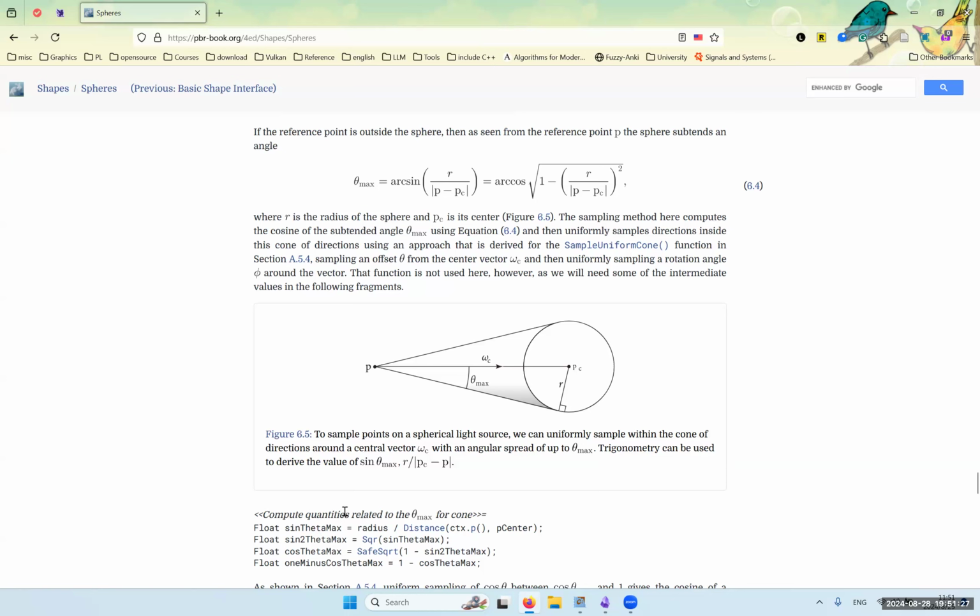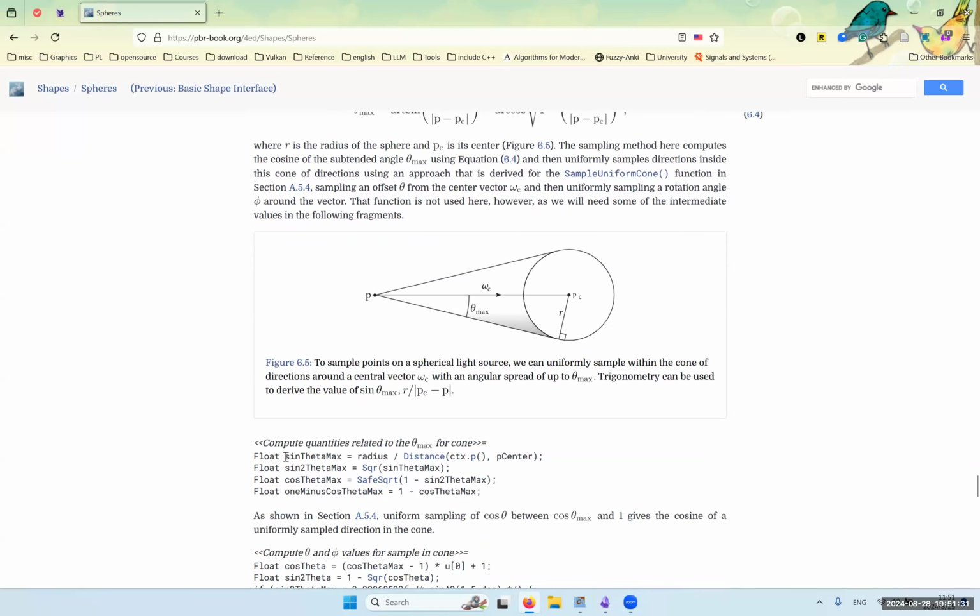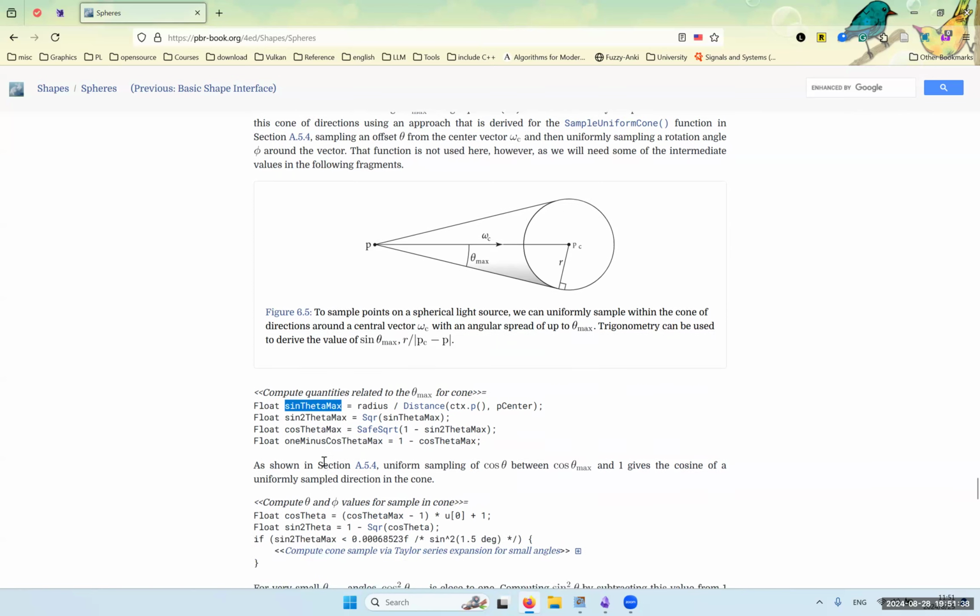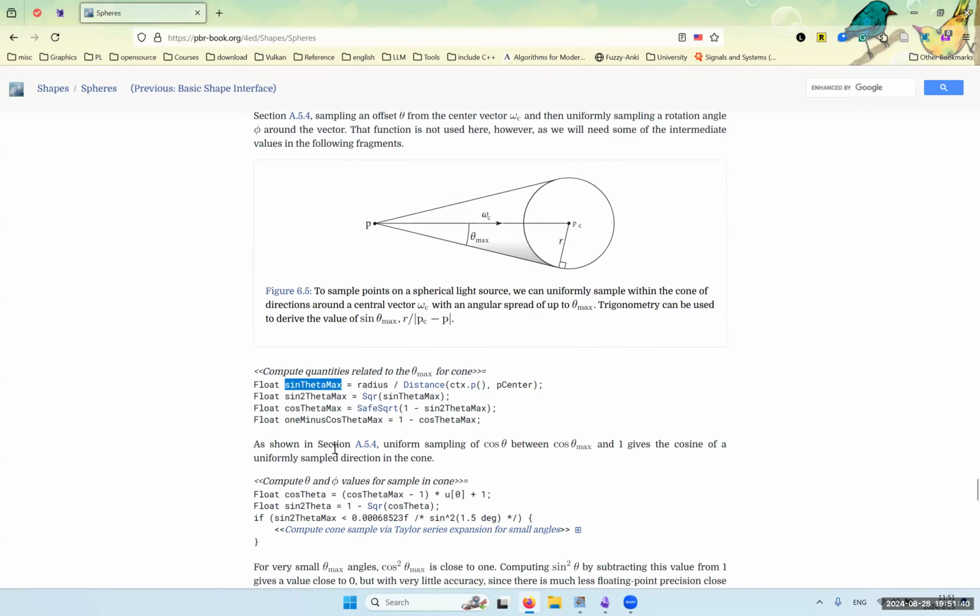So for theta max of the cone, we just do some computation, and then